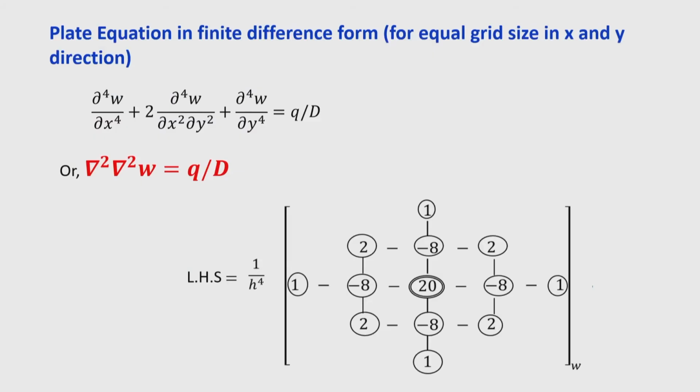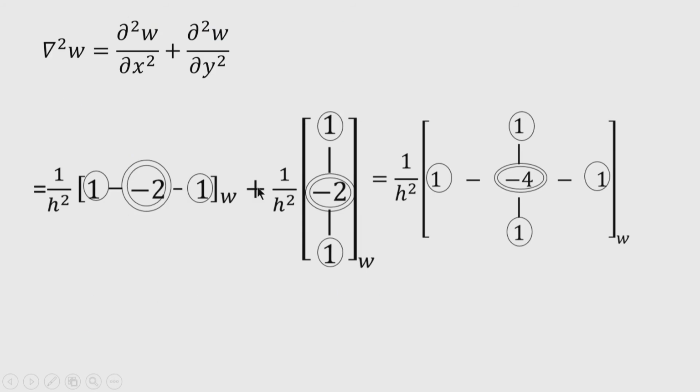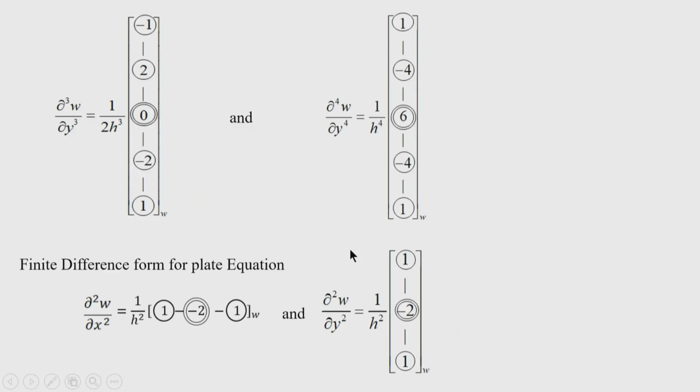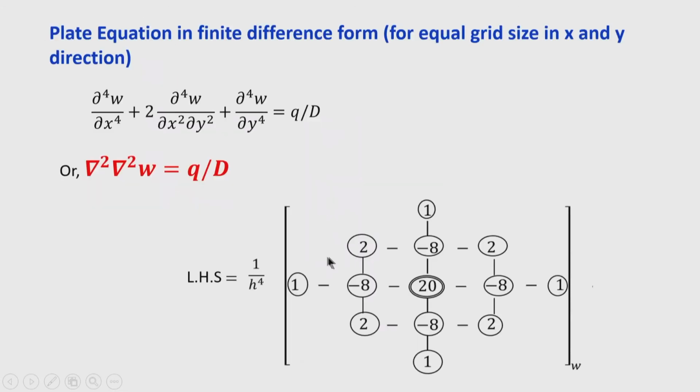Of course, when we convert to the finite difference form with the distributed loading, at each node the load has to be expressed. So, the left hand side of this equation now becomes, how is it found? It is found by this operational procedure that we have adopted earlier. So, here also if you adopt this procedure, then you will find the left hand side of the plate equation, that is del 4 w.